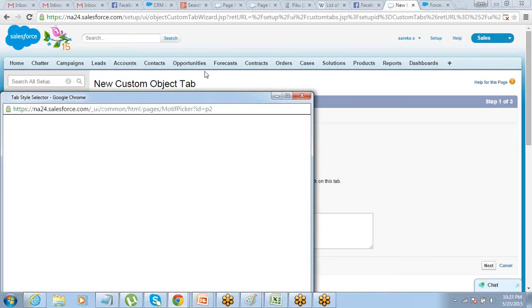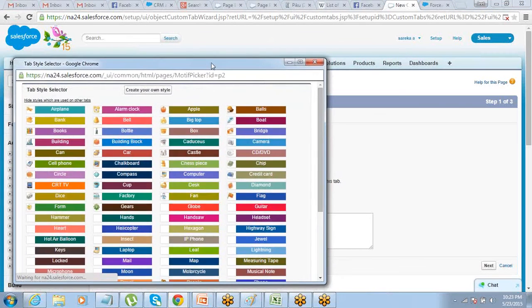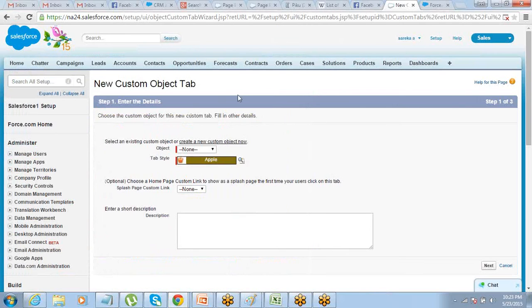Tab style, you just pick anything. This is just a combination of an image and a color. So you can pick whatever you want and click on next. Just keep on clicking next, next, and save it. Let me know once done creating the tab.